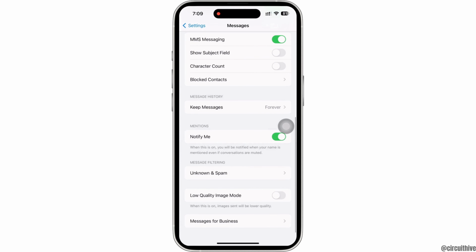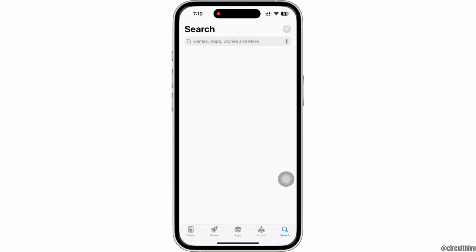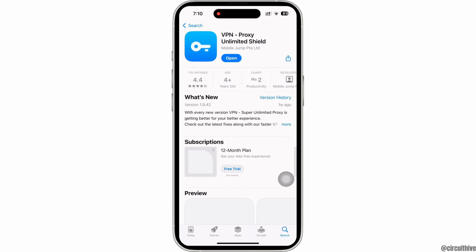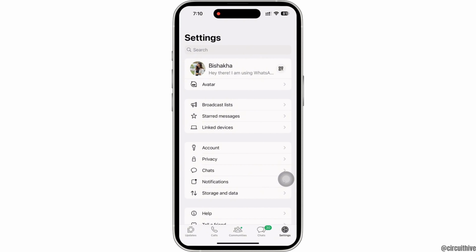If not, in Settings itself, go ahead and toggle on VPN service. If you do not have a VPN on your device, then you can download a VPN from your App Store and launch the VPN. Now go to WhatsApp and request a verification code, and if your issue is still not